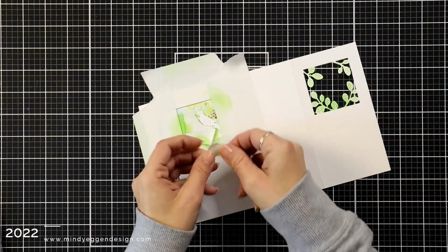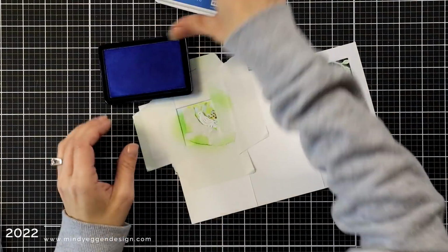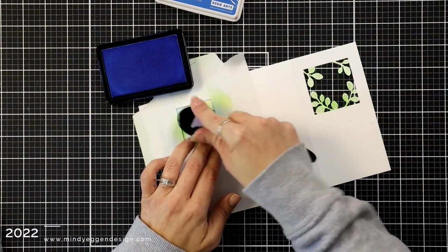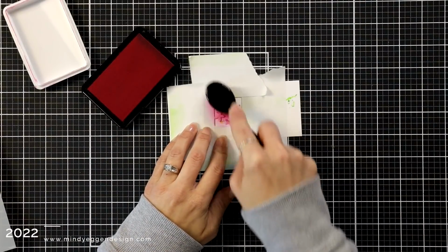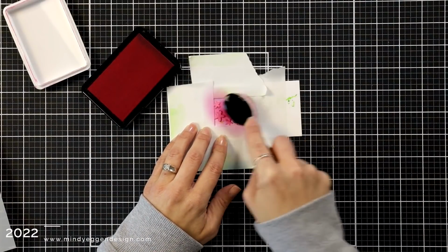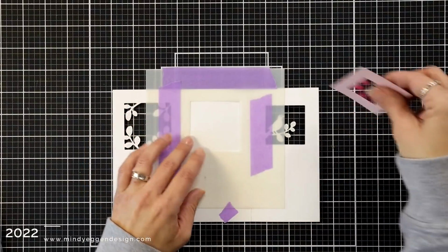So this one I had to really get creative with my masking because I wanted the green for the leaves, but I wanted a blue for the bird. And same thing for the flowers for that third piece that I die cut out, except this one I did in a pink. Now to line this one up in the center of my card, I'm using that alignment tool